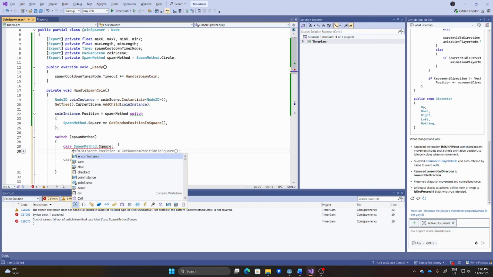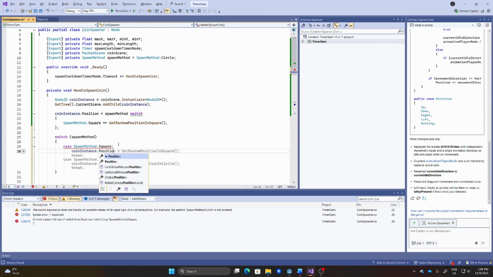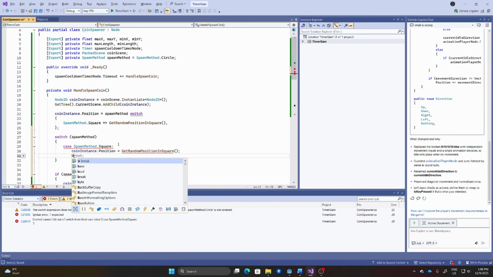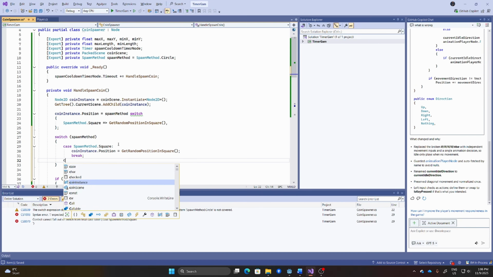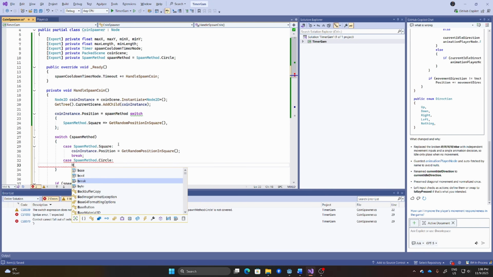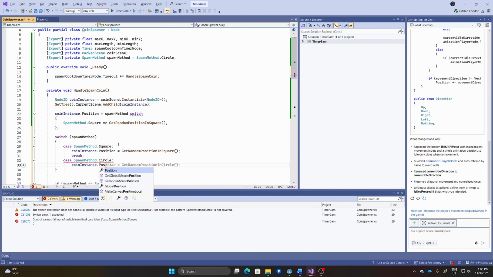In this case, let's say coin instance dot position is equal to get random position in square. And now let's call break, and let's create a case spawn method dot circle, and let's say coin instance dot position is equal to get random position in circle and break.